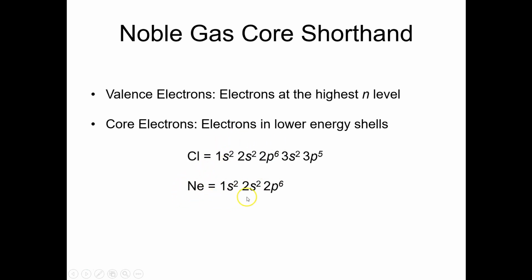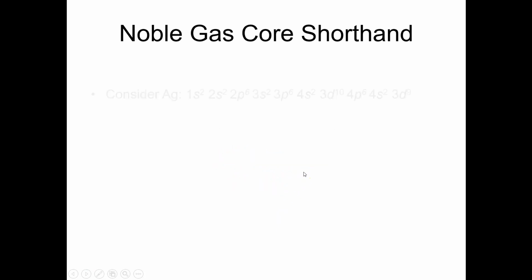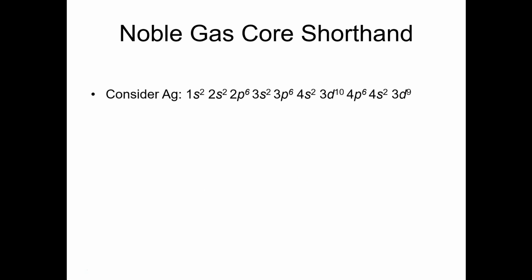So I can simply substitute this equation into this equation, and that tells me that I can write the electron configuration of chlorine in the noble gas shorthand as neon in brackets followed by 3s2, 3p5. Now, it doesn't really gain me a lot here. It gained me some, but you can appreciate that when you're talking about something like